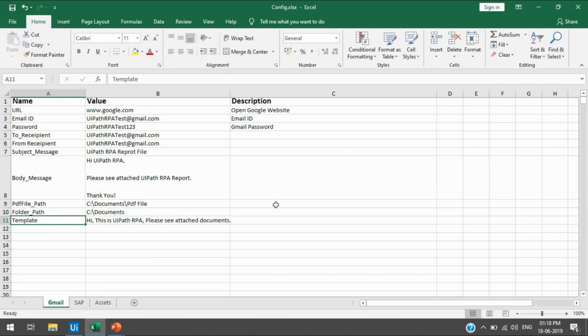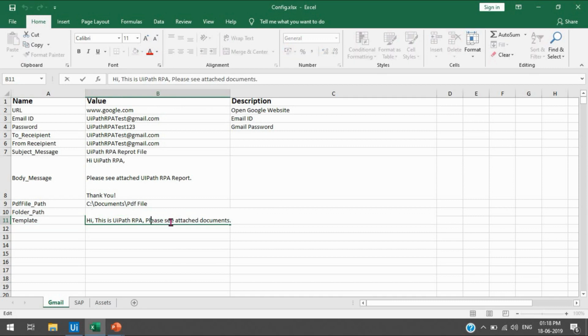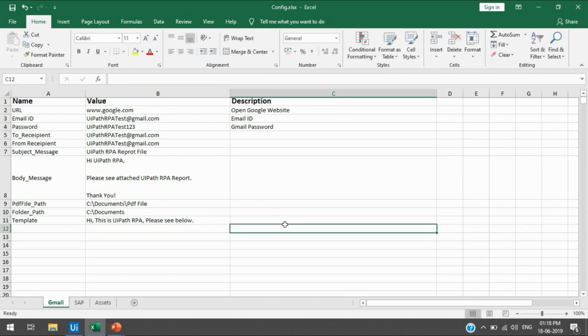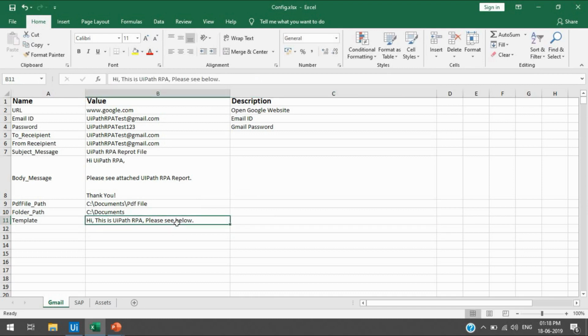Whenever the business asks us to change the email body message, for example to write, Hi, this is UiPath RPA, please see below, we can just change it here. There is no need to change anything in the project or open each workflow. We just change it in one place, in the config file, and then we can use it.